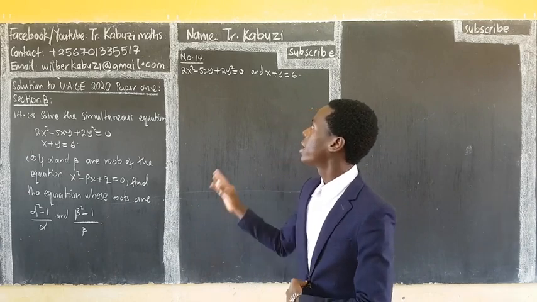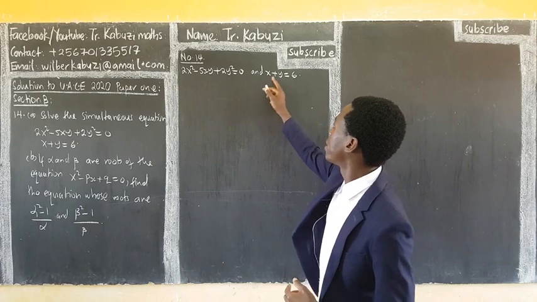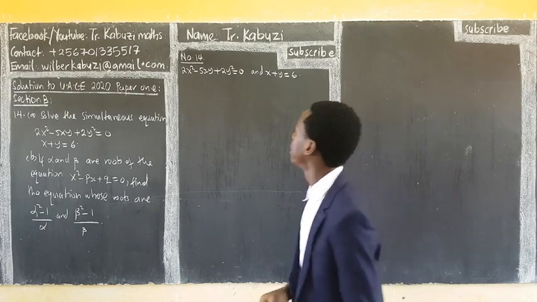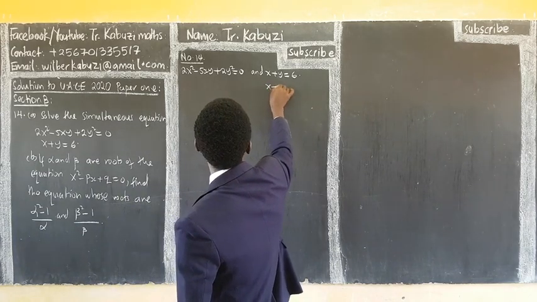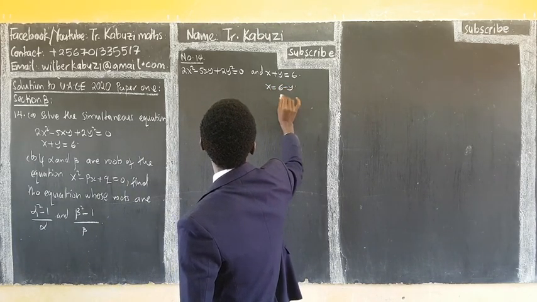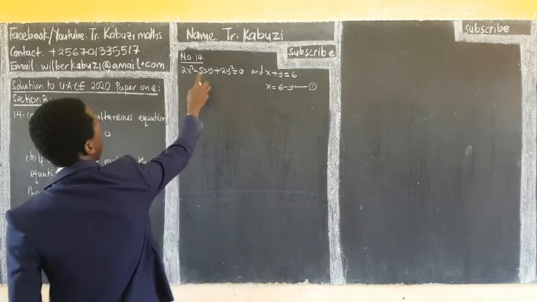So part A, we had to solve these two simultaneous equations. All we had to do is make one the subject and then put it into the other. So from here, you can see my x is going to be 6 minus y. So I call this equation 1. So if I put it here now,